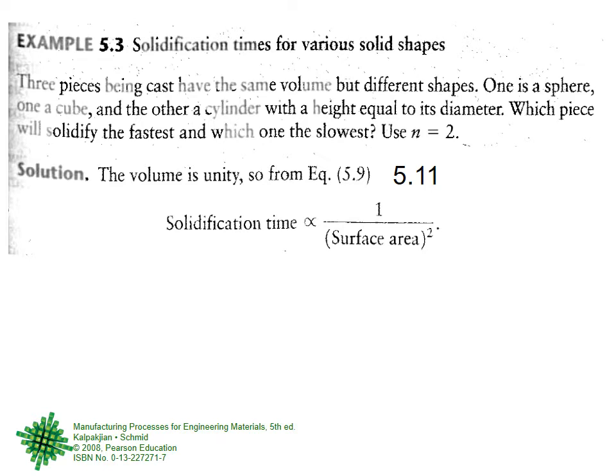So for a sphere, what is the surface area? Surface area, not the volume. You have to remind yourself, the volume is 4 by 3 pi r cubed, right? And then there is the surface area of the sphere. For a cube, of course, if one side is a, then the volume is a cubed. For a cylinder with height and length equal, if you call it a, that a is the length, a is the diameter, then pi by 4 d square is the circle, multiplied by the height. So this is it, and hopefully you have done it.